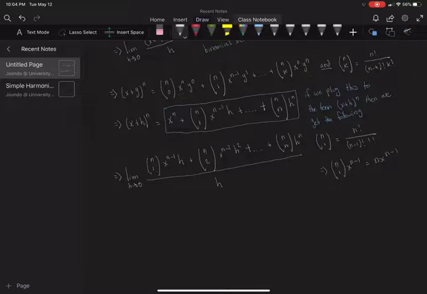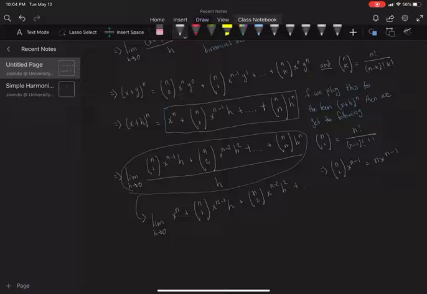And x^(n-1). And the way we got this equation right over here is, look at this. It's the limit as h tends to 0 of x^n plus n1 x^(n-1) h plus n2 x^(n-2) h squared, all the way,